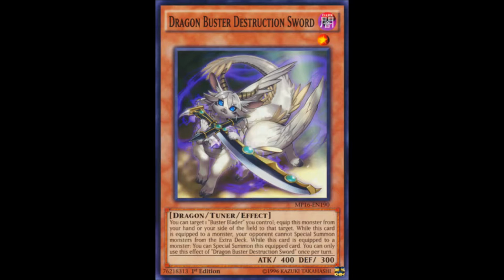Holy shit, this is actually a nice archetypal alternative to Vanities. Not only is it summonable by 1/1, which is a very valid choice to run with this thing, but you can also completely shut down the opponent's extra deck by simply equipping this to Buster Blader, which is amazing. This is not